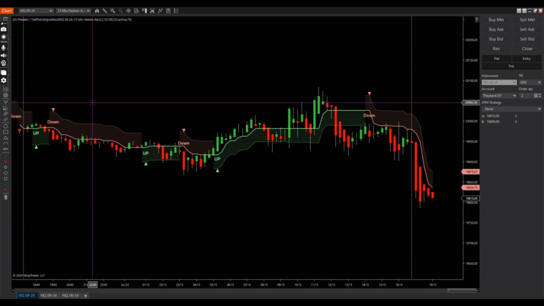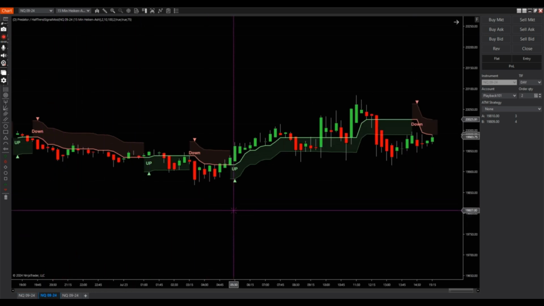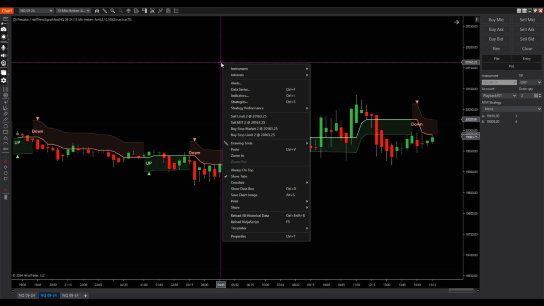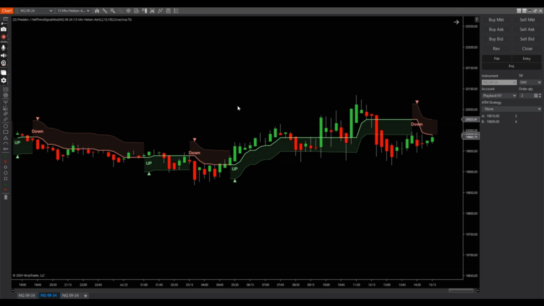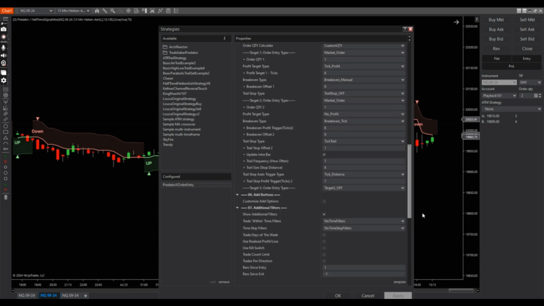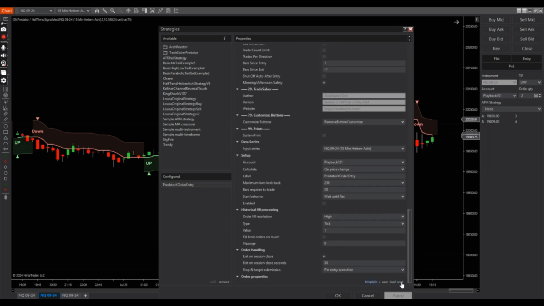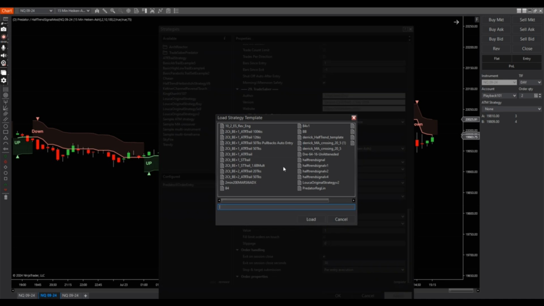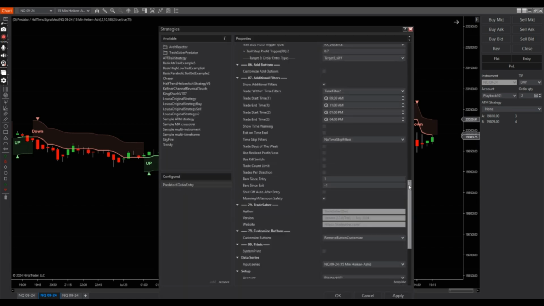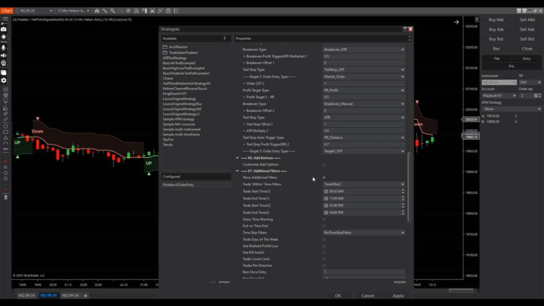So this is the 15-minute Heikin Ashi, right? And so I'm going to go into this chart right here, same chart, same indicator, and I'm going to apply the strategy. And this is the predator. And I'm going to go to template. I'm going to go to load. And I'm going to go to Halftrend V4, load. So it's going to load the same exact strategy that I had put into the chart